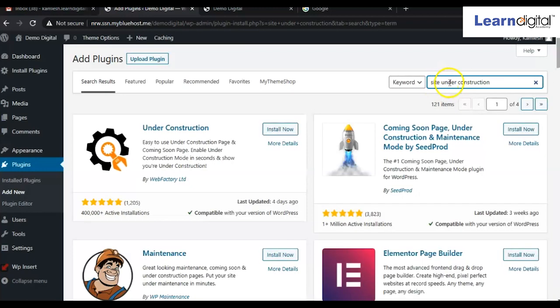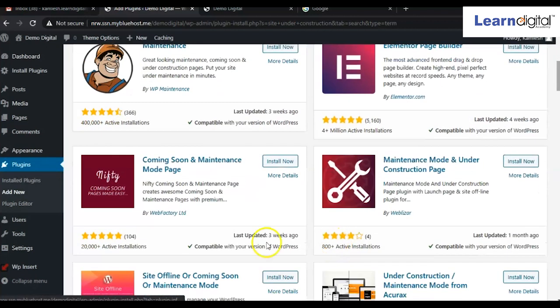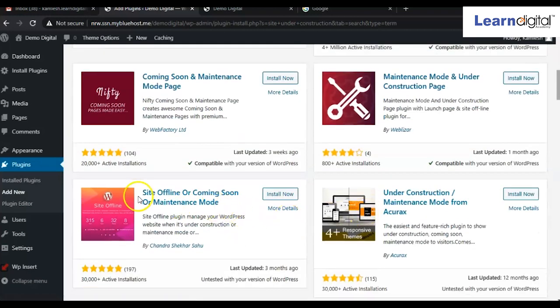As soon as you type here, you will be able to see a number of plugins: under construction and coming soon and maintenance page, like that you can see, right? So here we'll be selecting this one, site offline or coming soon page or maintenance mode. So simply we'll click on install now.